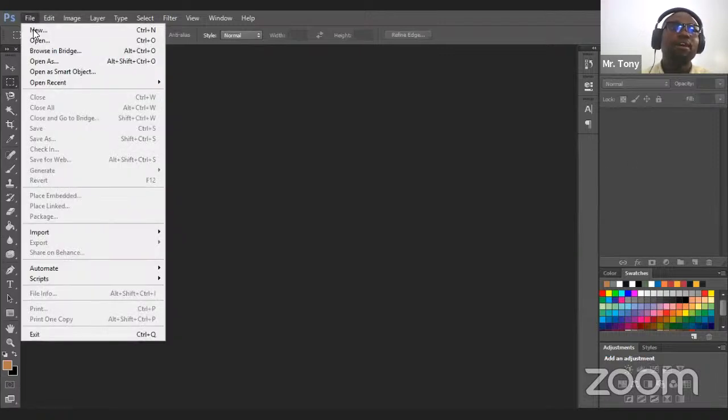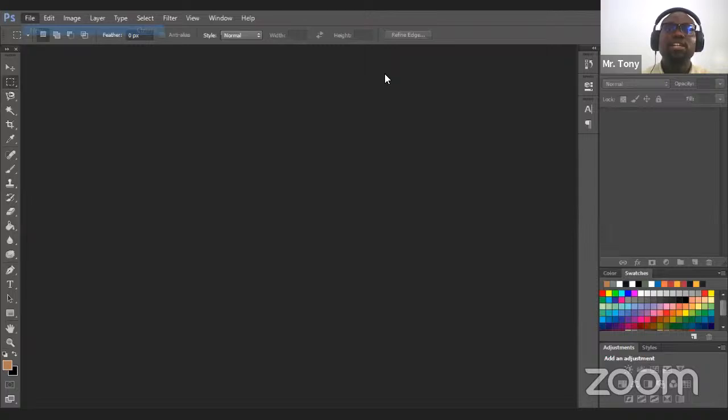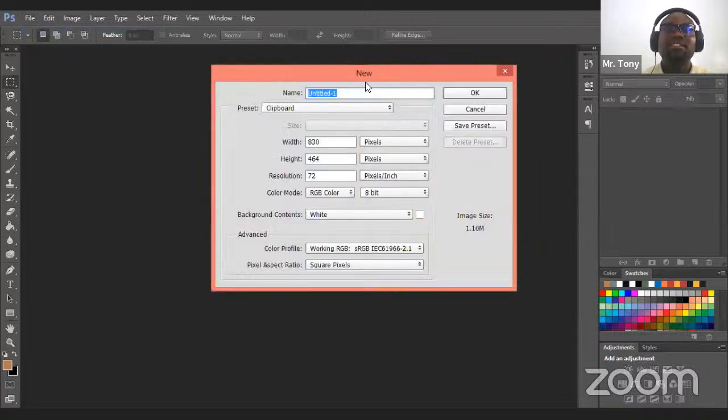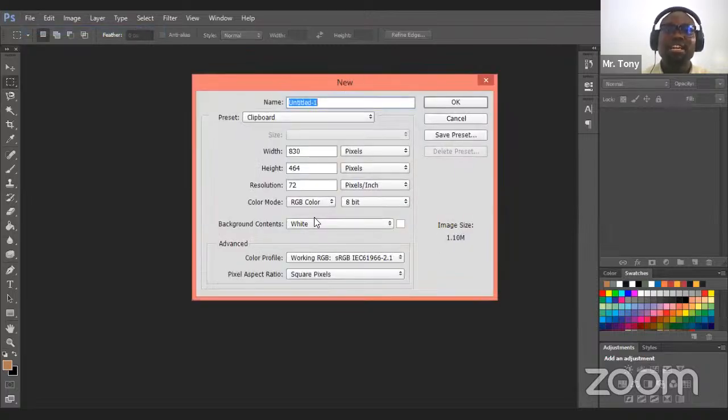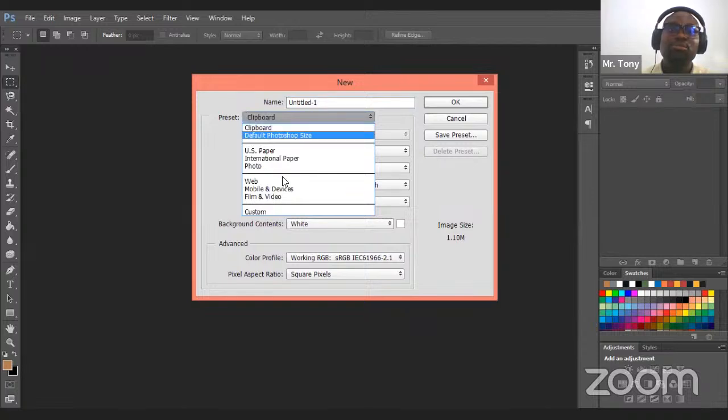If I click on File and I say New, it shows me this interface, right? You see that immediately it gives me RGB. The other one was giving me CMYK immediately because it knows it's for printing. This one just gave me RGB straight. It may show CMYK, but apparently this is for screen. If I click on the clipboard, I can choose, let's say,